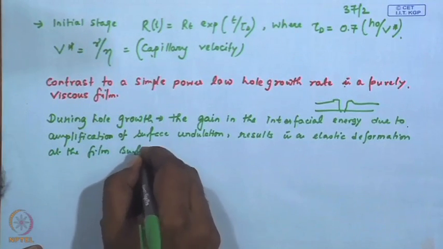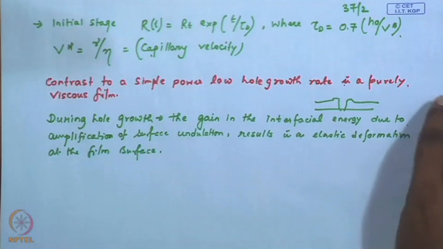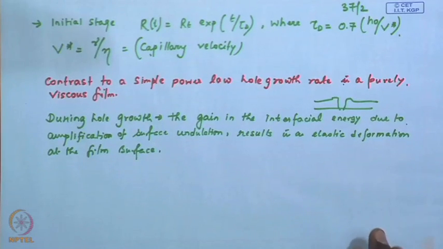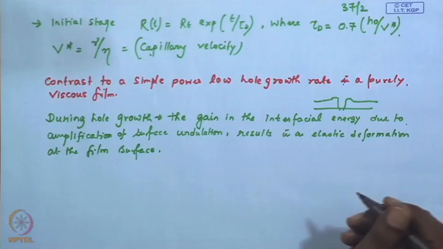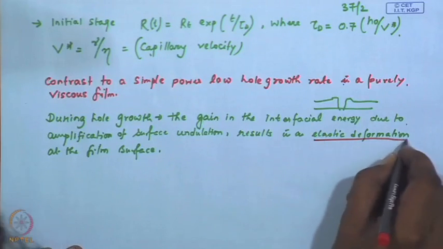So, now you are talking about, this is important. So, you are talking about a viscoelastic film in the early stage. So, T is less than tau rep, which means that the response is pretty much like a semi-solid or a soft elastic film, and therefore, the surface fluctuations which are present on the surface, and we know the reason for that, results in an elastic deformation